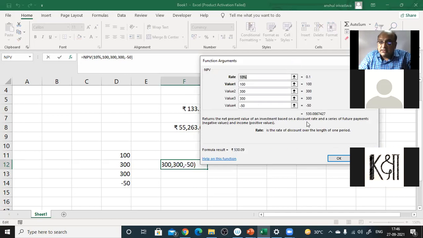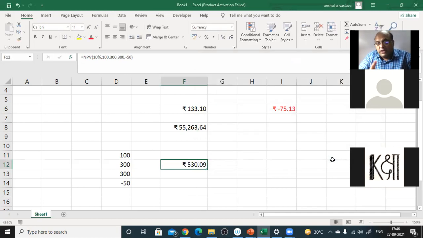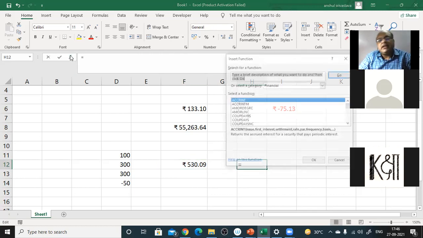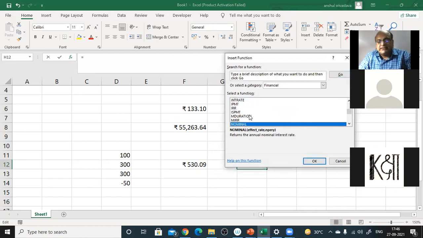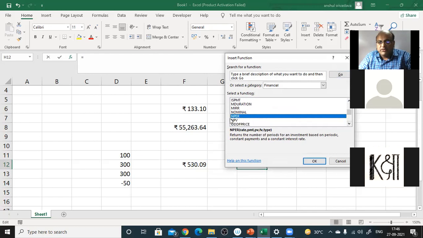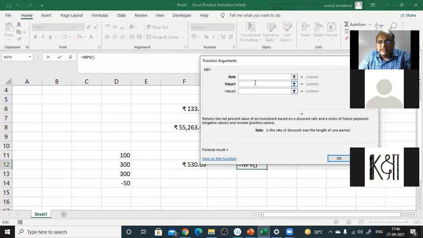Now the thing is, what if right now I put 4 values and inputted all the values by my hand because there are only 4 values? There was no problem. There can be a case where there are 40 values. So in that case, we should apply NPV like this. If there are many values, we should apply NPV like this. Rate is